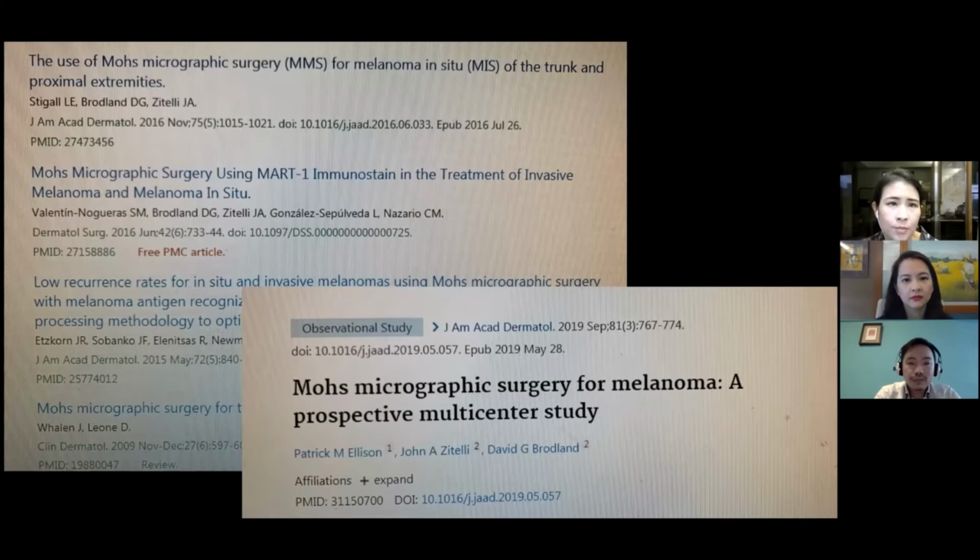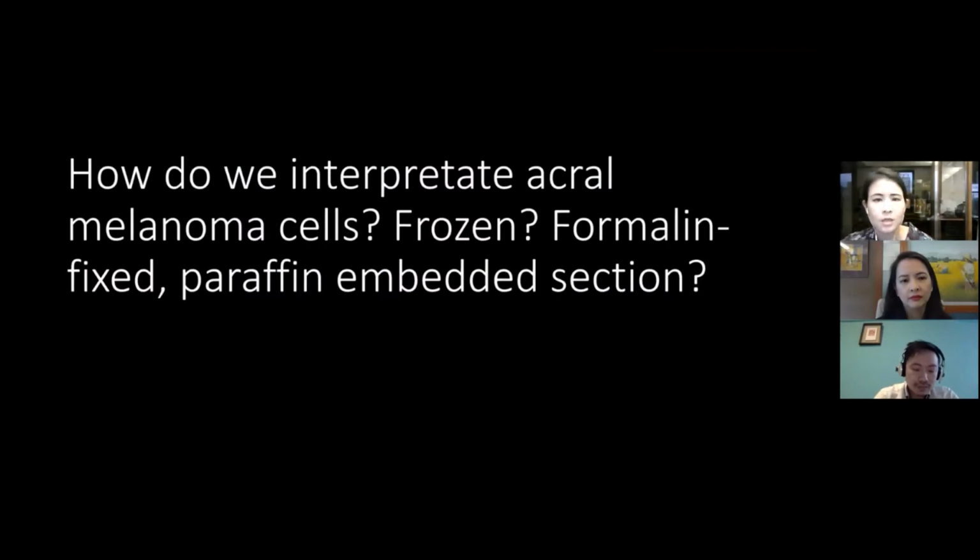They use Mohs micrographic surgery for melanoma in situ or for melanoma. But this melanoma in Caucasians is often located on the trunk or face, so they can use a MART-1 immunostain under the frozen section. But for acral melanoma, it is not so suitable. I'm going to talk about why MART-1 with frozen section is not so suitable for acral melanoma Mohs surgery. So the first part is how we interpret acral melanoma cells, whether by frozen or